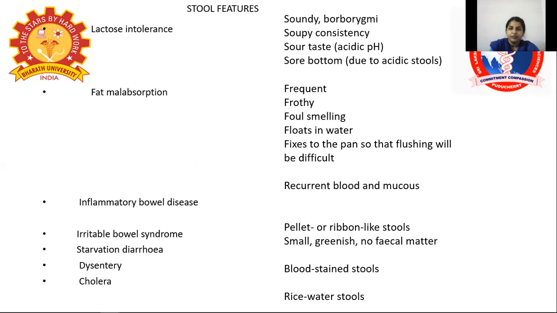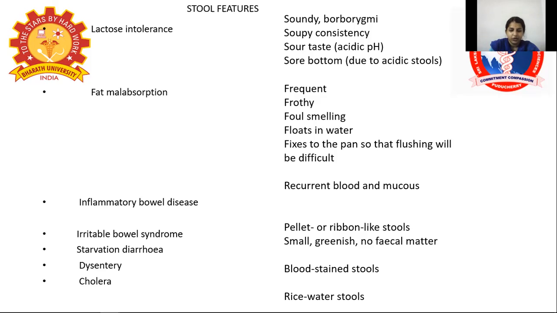In case of fat malabsorption, the cause of the malabsorption has to be found for the child, whether it is due to cystic fibrosis or any other fatty acid disorders, and that has to be treated. And for the time being, limitation of the fat content of the food is done. IBS is usually a diagnosis of exclusion. So after excluding all the other causes, we can diagnose IBS.